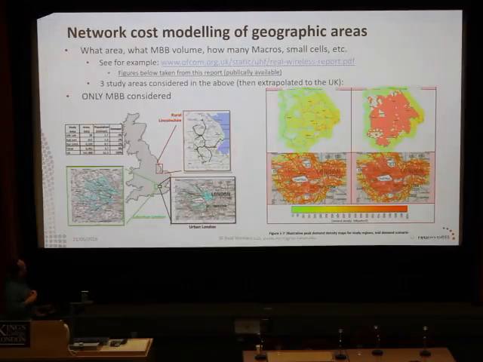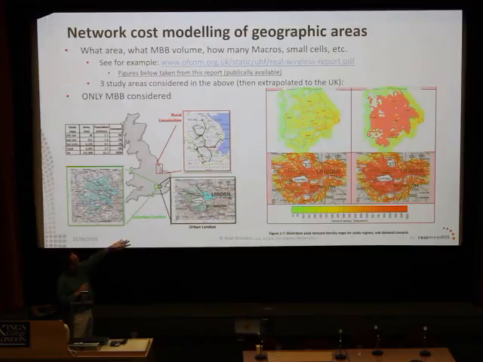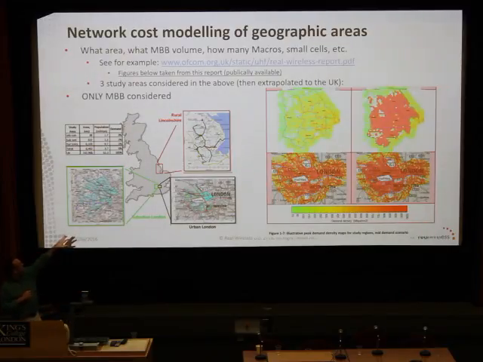We've got to pick different areas that are going to somehow be representative. And we can take London, which is in some ways a bit special, but in other ways it's a dense urban area. We can take suburbia, and then we can take somewhere that's really very rural. Bits of Lincolnshire are really quite rural and very low population density.